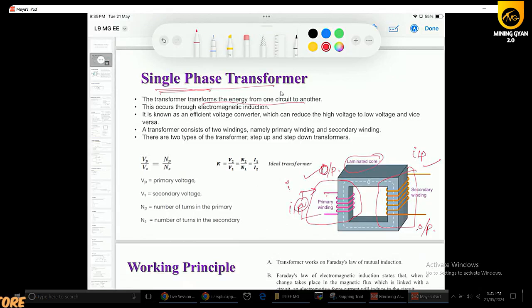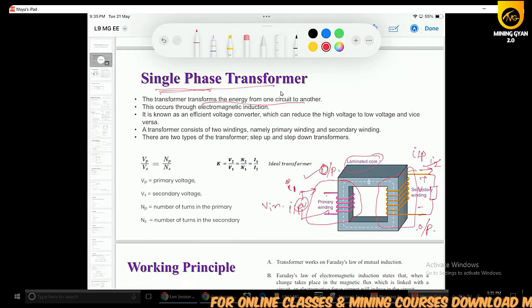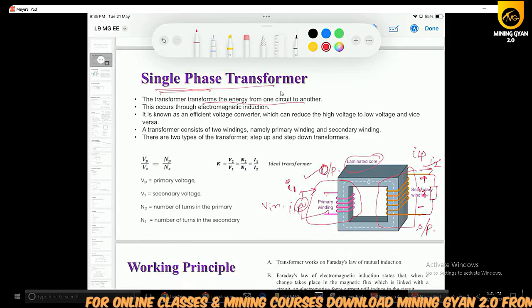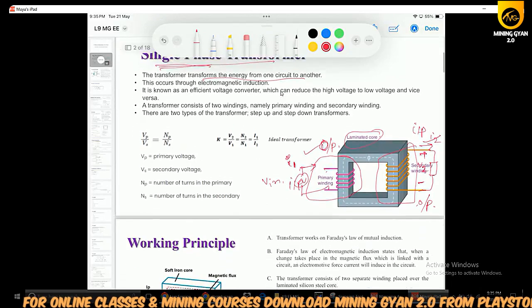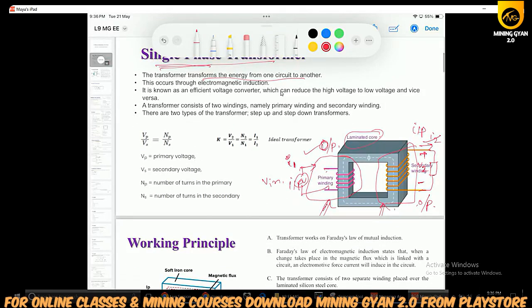The input will be the AC source. So if we apply the input, the input current will flow through this circuit, such that the input current can be collected from here, and you will get the output voltage across these two terminals, plus minus V2 or V out, with respect to time t or omega t. So these two circuits are isolated, but they are mutually coupled with each other through the magnetic field, or magnetic field lines, and that is called flux.